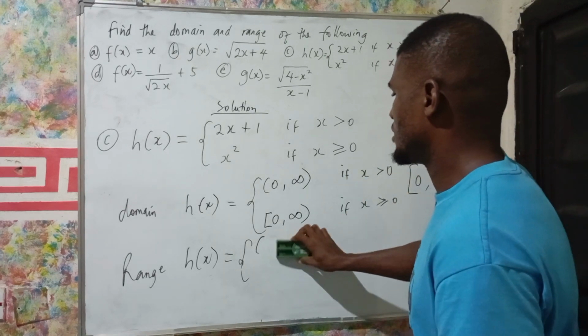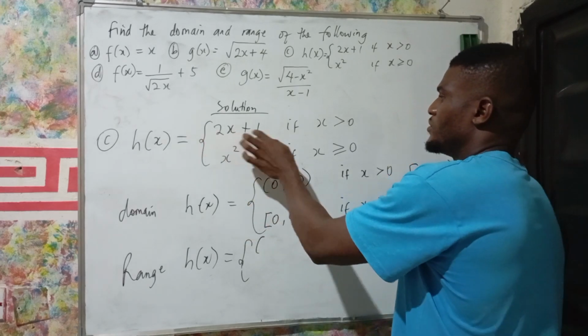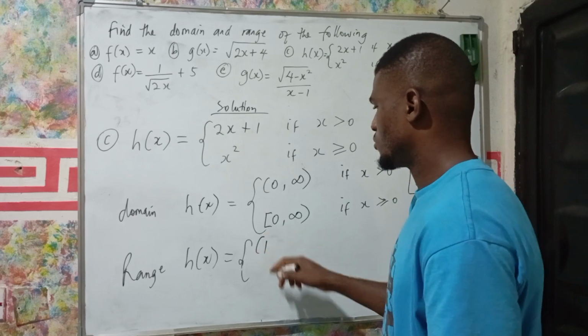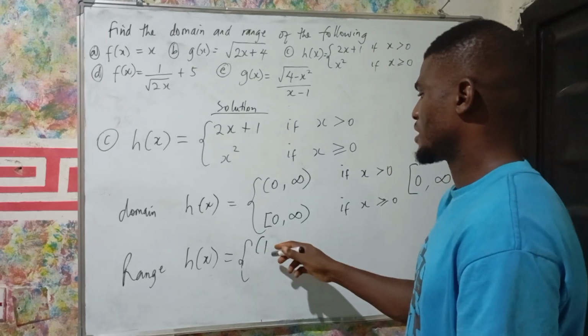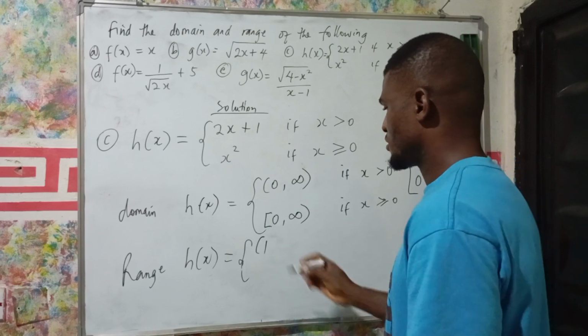The number should be greater than 1 anyway. The number should be greater than 1 because whatever value you have here, when you add it to 1, the number will have to be from 1, but 1 not inclusive, because 1 can only happen if this place is 0. So the number will increase from 1,